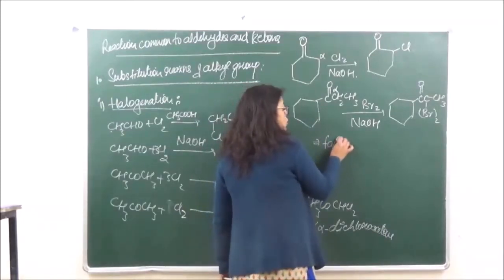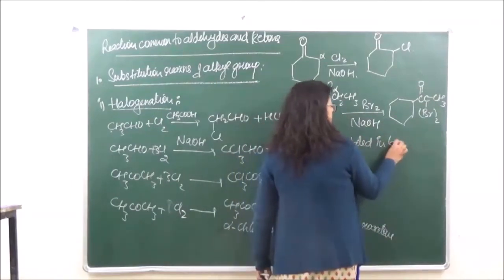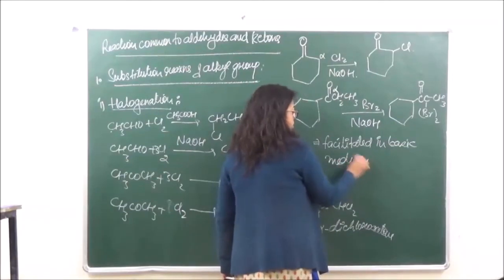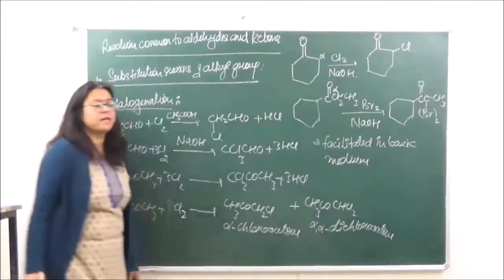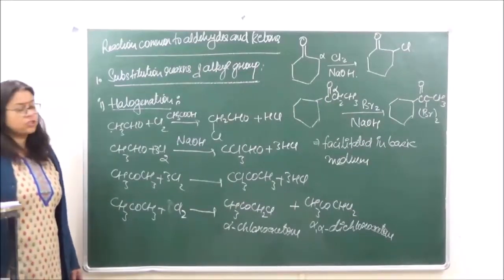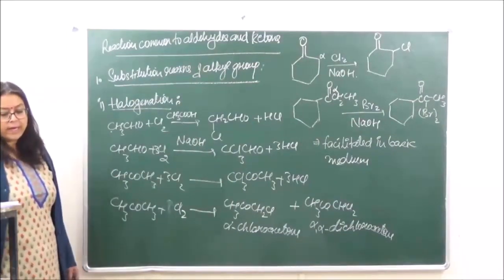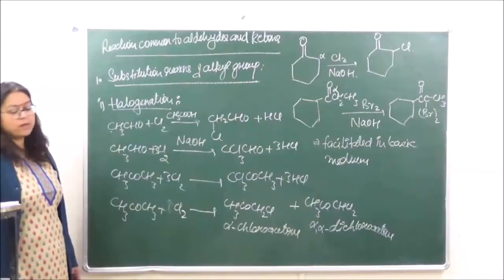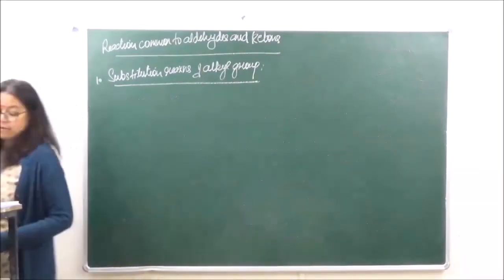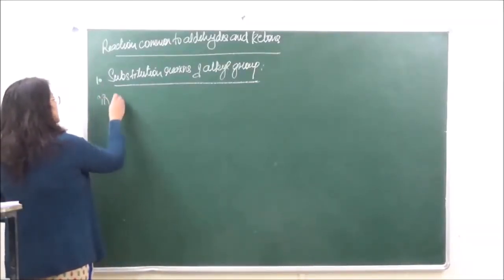Now generally it is seen that whenever we are going to do halogenation, it is mostly facilitated in basic medium. Okay? So mostly this halogenation is going to take place in basic medium. Then the second type of reactions which we are going to do over here is the haloform reaction, very important. Now this second type of reaction which we are discussing is the